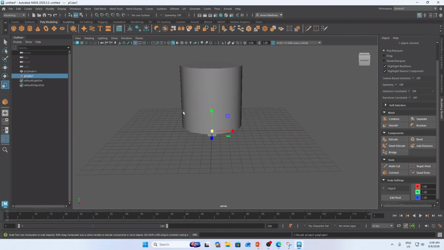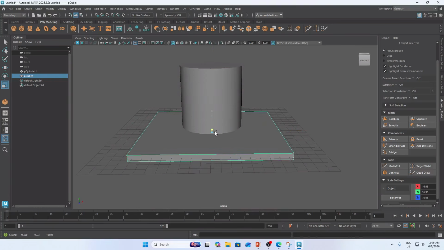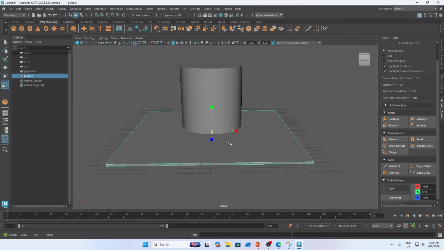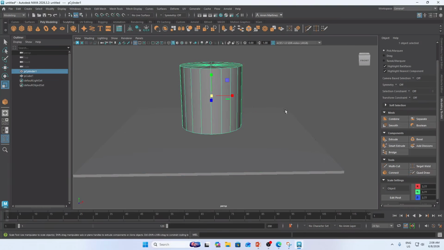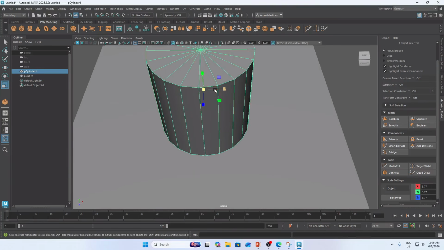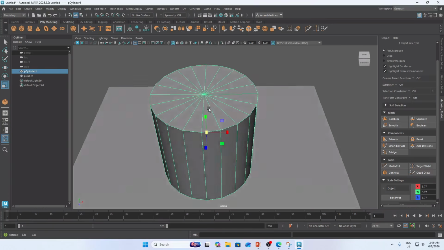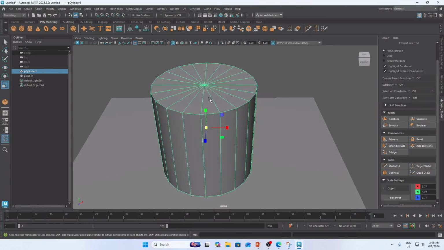Let me just add a ground. Now I want to erase all of the edges on this top because we have things to do here later on.